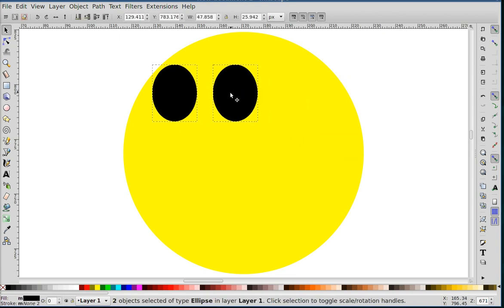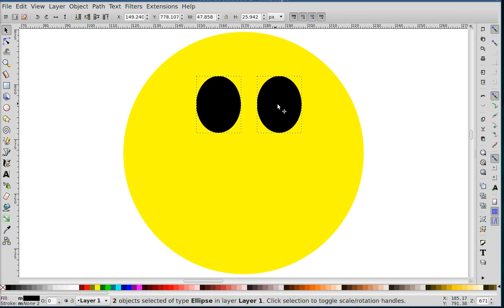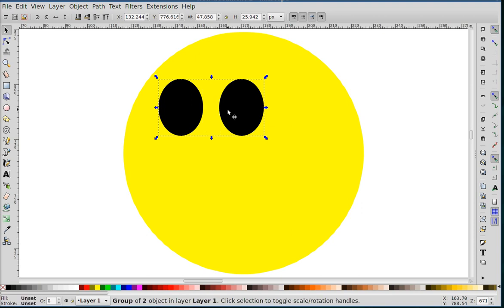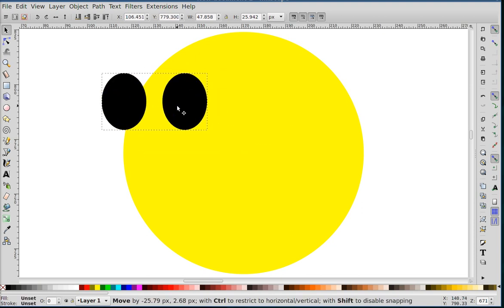Okay, now I have this pair of eyes. I can move it around. I can move it anywhere, but I want it in the middle. Actually, I put it here for now. First of all, I'm going to press Control G to group these. So now this is one